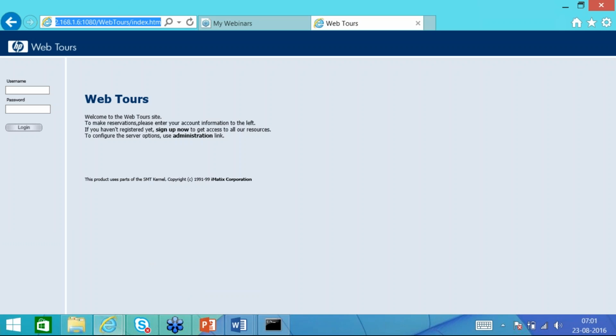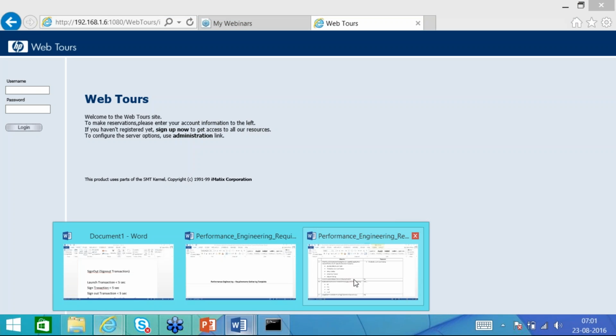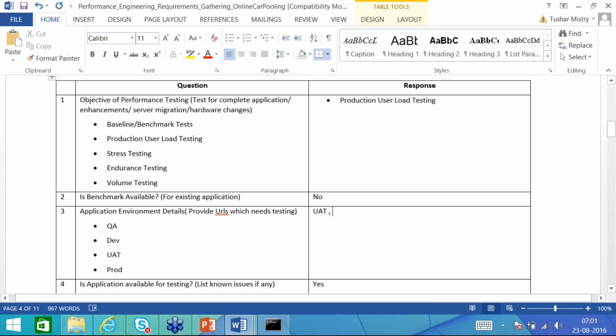So we will just copy paste this. Here I will just mention user load testing, not production user load testing. You can just mention user load testing.